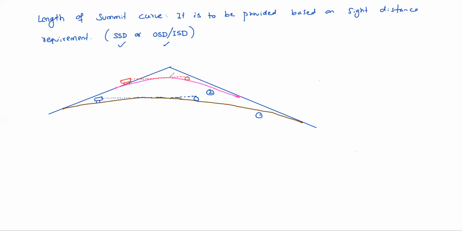So obviously you will say option one is better, right? So more sight distance availability is always better, right? But the problem is, generally the profile of the road is something like this. So if you want to provide a mild summit curve like this, or if you want to provide a steep one,